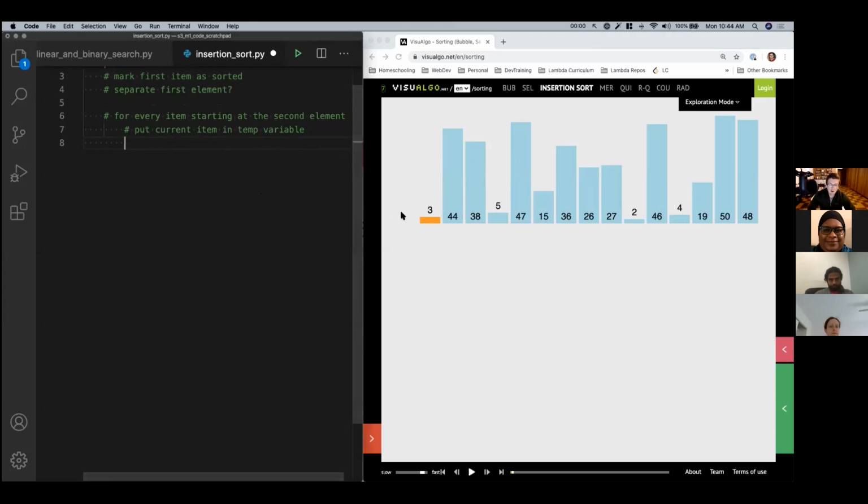Now, how would you describe this? When I think about it, with pseudocode, we can actually use words like how we describe what we would physically do. So we could say something like look left until we find where it belongs, like where it should go. Okay. And then in that looking left, so while we're looking left, we need to do what? Like what happens